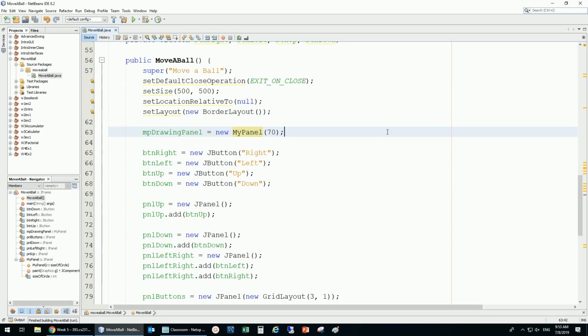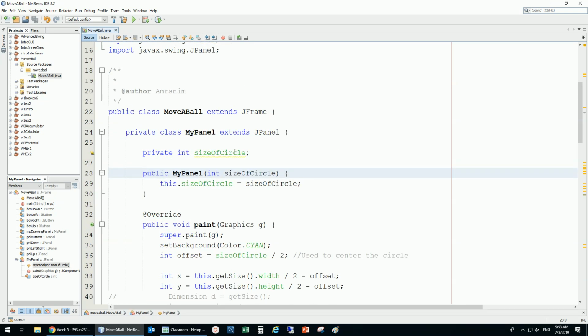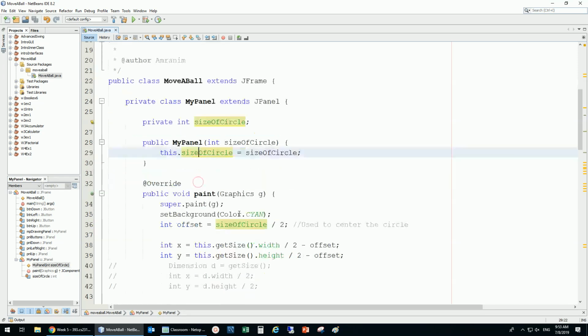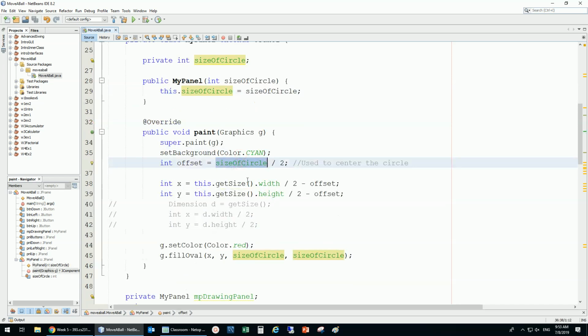Is that okay? It will create the size inside the panel. That's what I did. This is the size. I just used it here, the size of a circle inside of the class, so it's an instance variable. And then I created a constructor that needs this value to be stored. And once I have that value, I'm going to use it to first of all display the circle, and also to calculate the offset, which is half of that circle, so I can move it and position it correctly. If you remember the discussion, if you don't, just have a look at the video